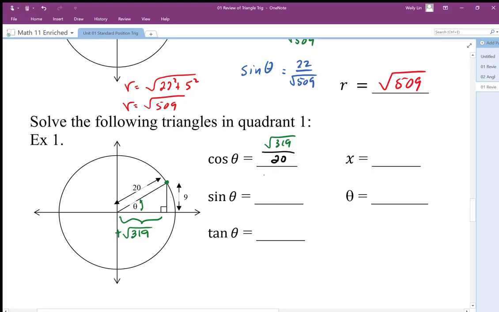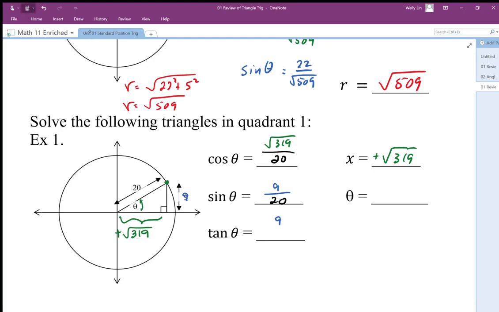So this is going to be sine. Sine is vertical, so we're going to use 9 over the hypotenuse, or the radius, which is 20. We've worked out the x coordinate here, I should write that down. The x coordinate was the square root of 319, and I'm going to emphasize the fact that it's positive, because it goes to the right. The tan is my slope, so 9